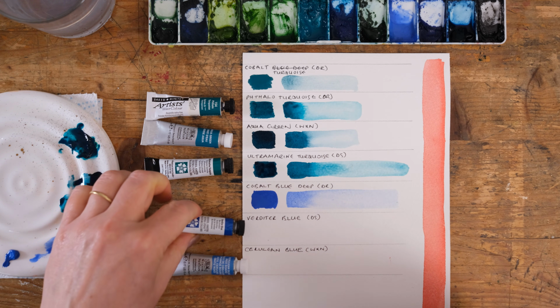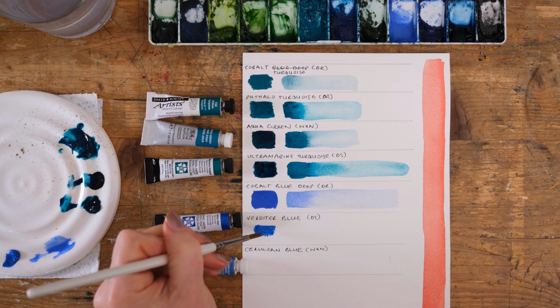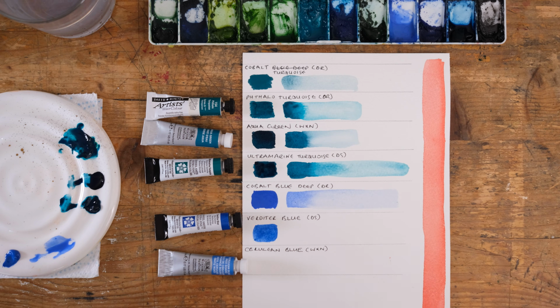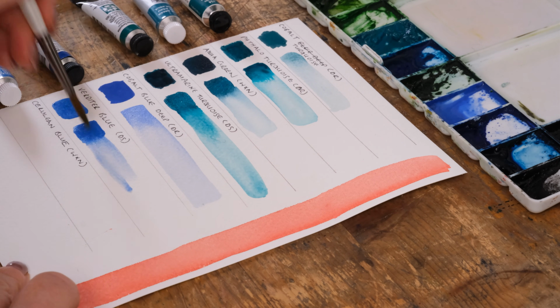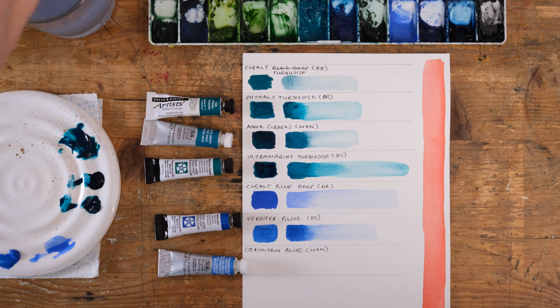It was hard to find a blue that didn't just go straight into the ultramarine camp. A little bit more water in that mix. They look pretty good, pretty close. Okay, let's get some of that blue. I find often the real noticeable differences are when you add the water. It's hard to really tell what's going on when you've got it very concentrated, so do make sure that you